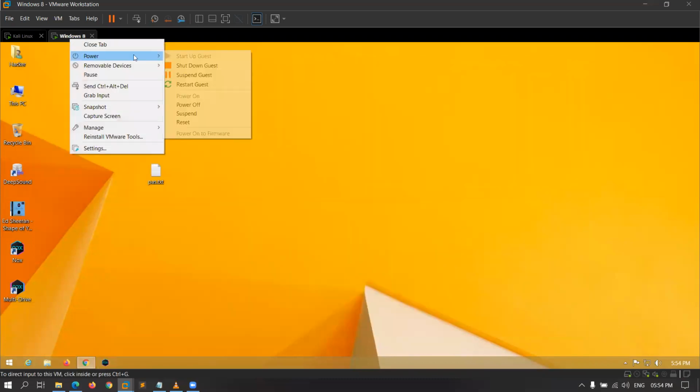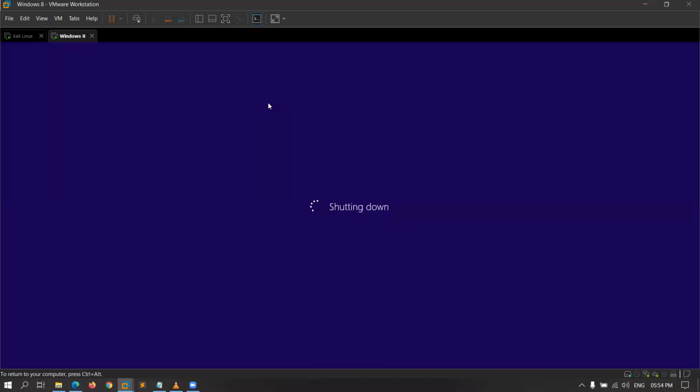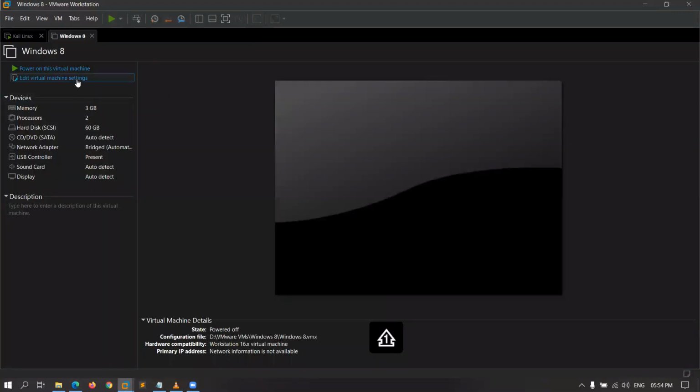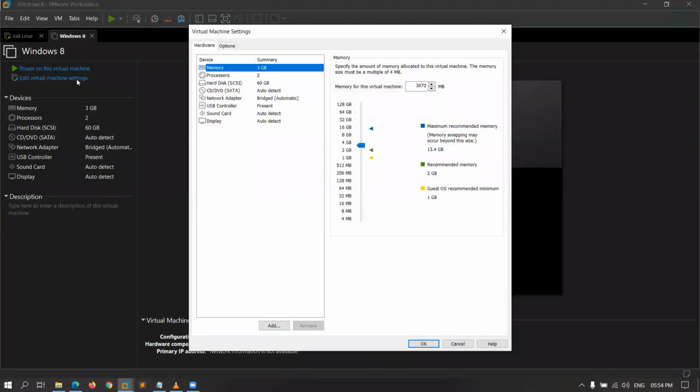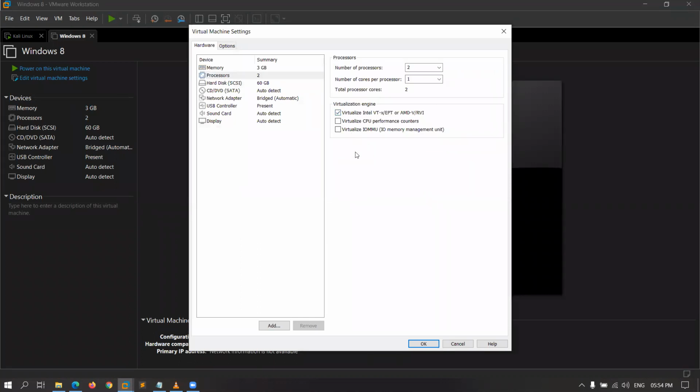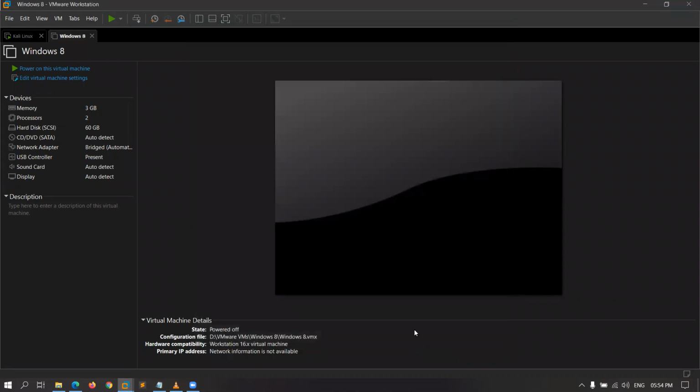Let me power off my machine and let me enable virtualization in my processor so that it can work properly. The performance will not decrease. And here I will enable this and click OK.